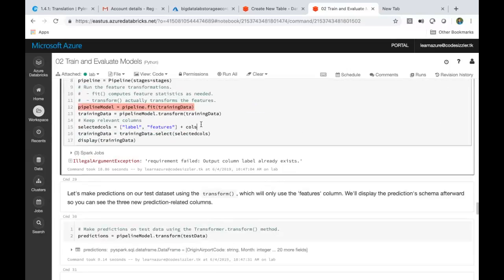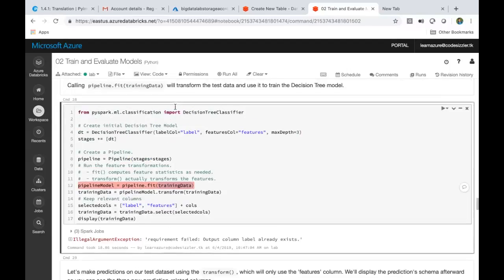Yeah, this is what: output column label already exists. So maybe it is already trained, right? This column is already trained, so it is giving you training data. What is training data here?